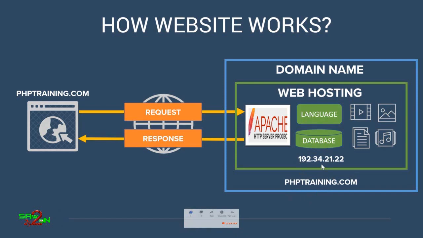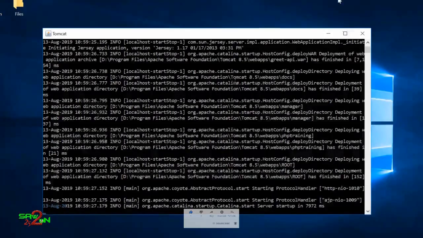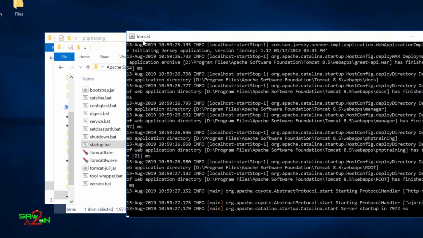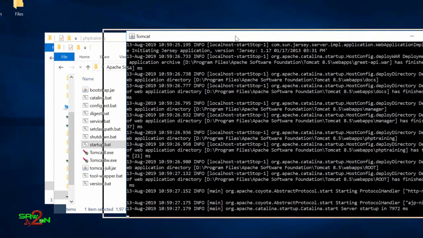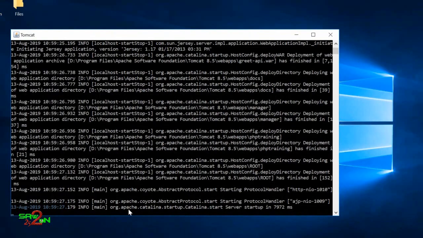So let's take an example, and I'll show you how these things work in real time. This is a server that is sitting on the internet, and I have a public IP address for it. On this server I'm running a web server called Apache Tomcat, and it is in listening mode. You see it's blinking, it's listening for requests. The server has been started up, and whenever a request comes, it will serve that request.